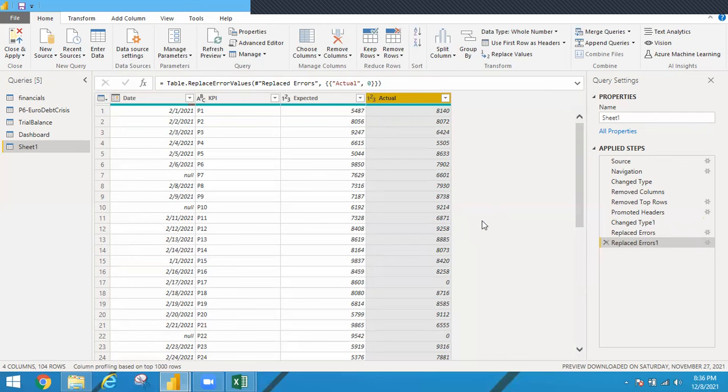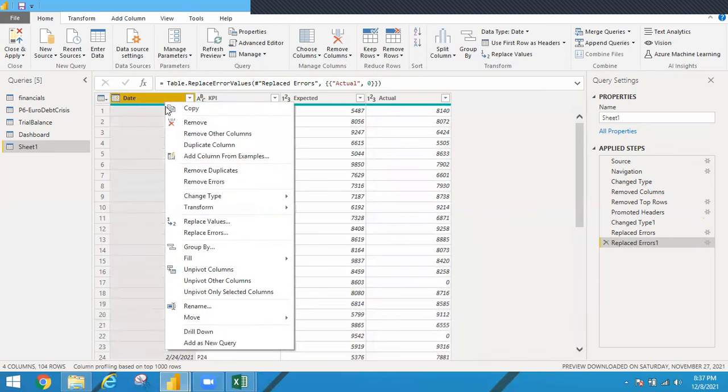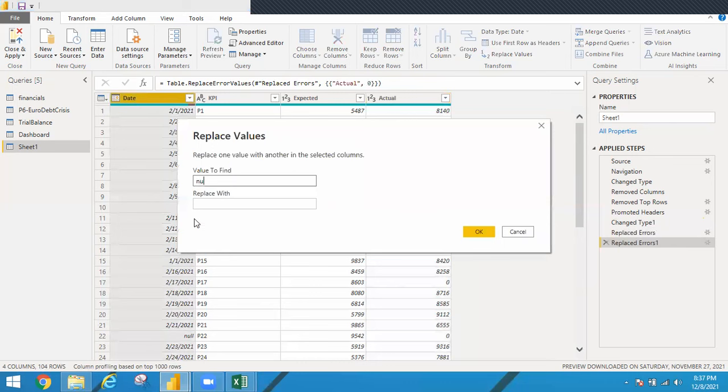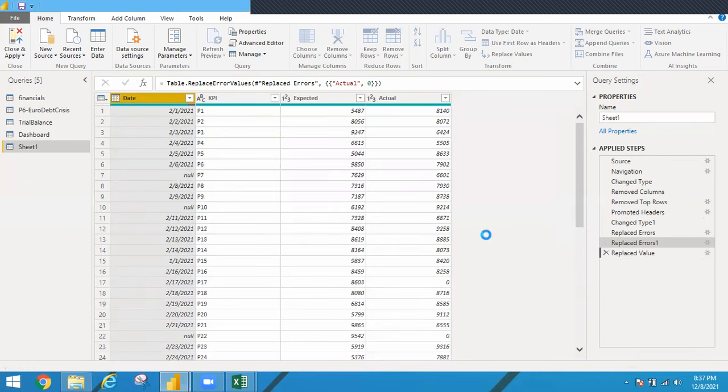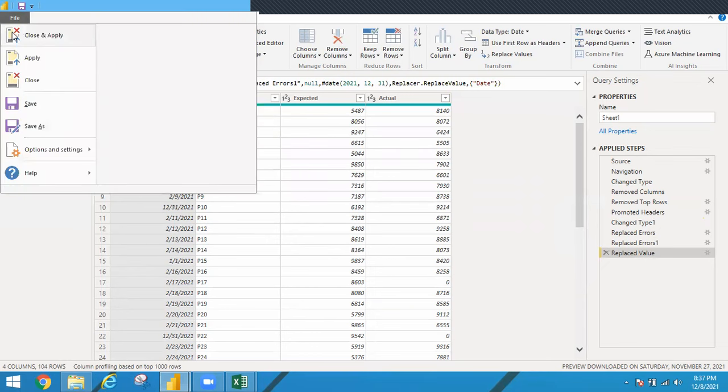Now, if you carefully observe, once your data is cleaned, you can load the data to your Power BI desktop. Now, like I said, this null is a specific value which is blank. If you want to replace this value, for that also I have an option called replace values. So I can right click on this column, say replace values, and replace the null with something else. I'll say replace null with, let's say, 31st December 2021, and I click on OK. So when I click on this, my data is cleaned. And now when I go to file and close and apply,